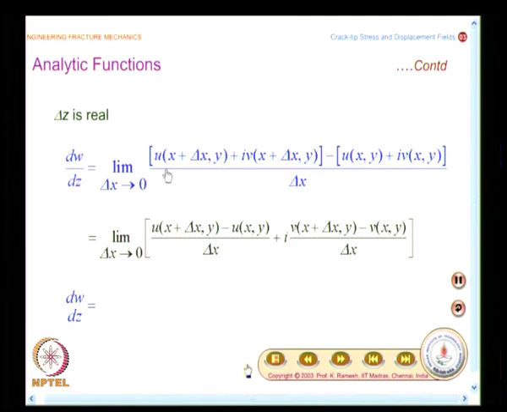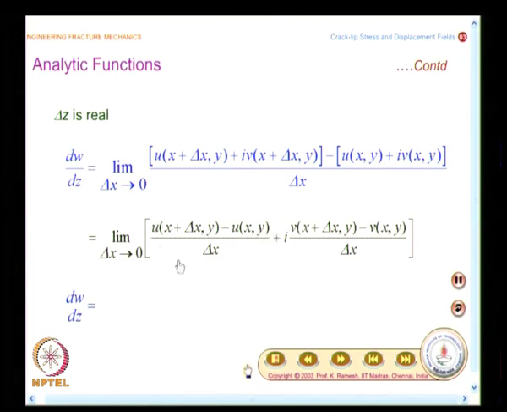It is nothing but, in the limit delta x tends to 0, you have to calculate u of (x plus delta x, y) plus i v of (x plus delta x, y) minus u of (x, y) plus i v of (x, y), divided by delta x, and these could be grouped as real and imaginary part. That is the way depicted in the next step,